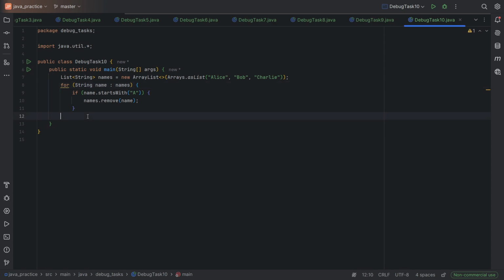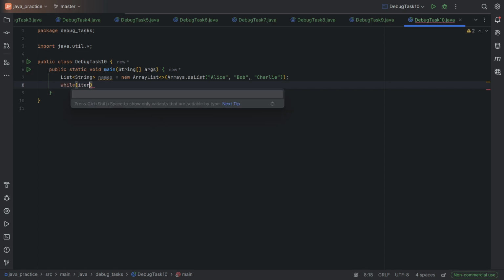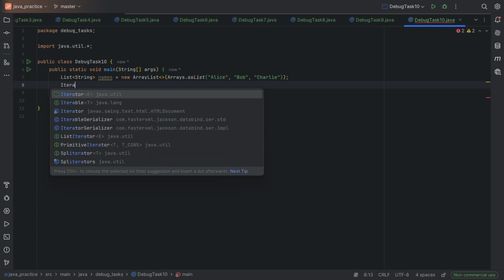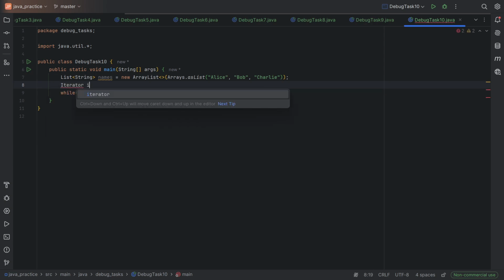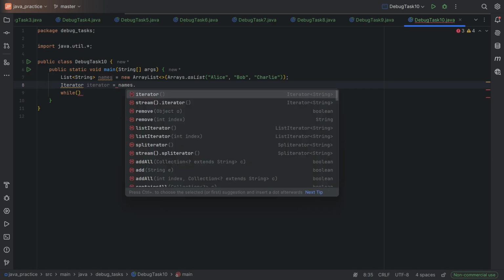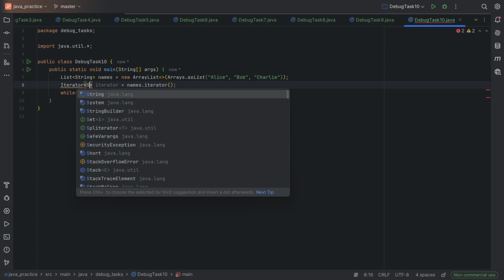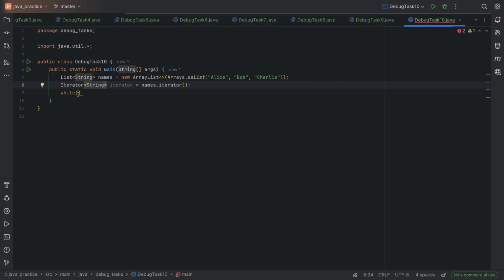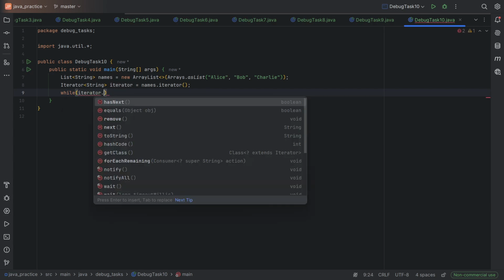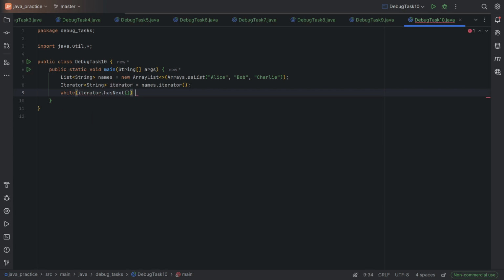So let's rewrite this program. Let's say while iterator, which we need to initialize. Iterator names.iterator, and it should have a type string. Alright, now we can use iterator's next method. So while it has next,